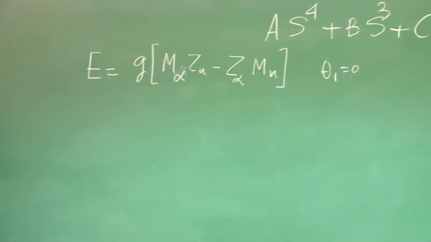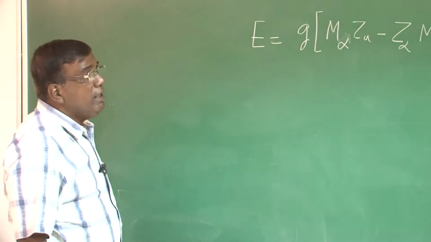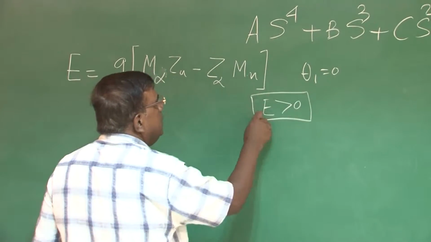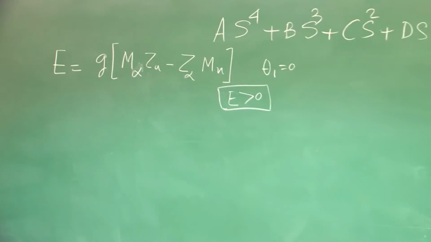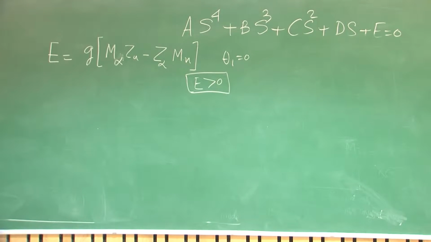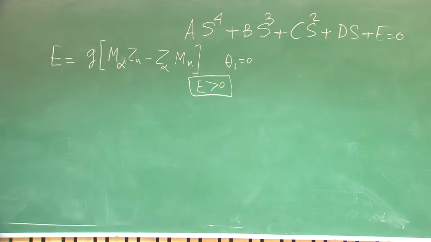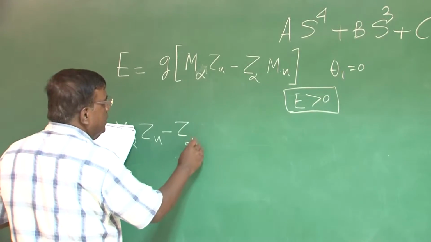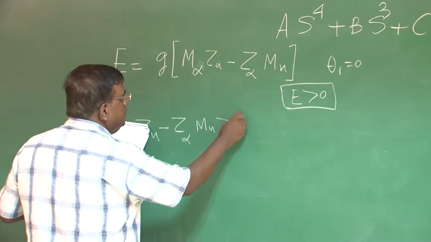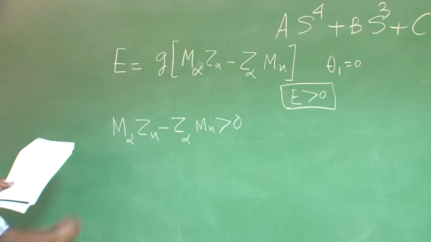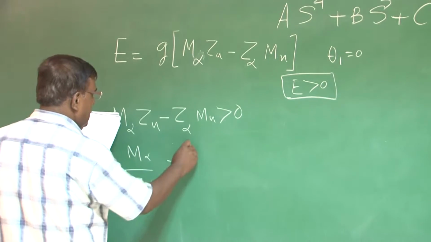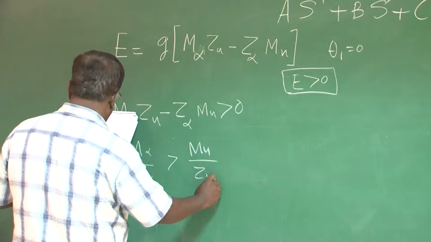Now, let us try to extract some more information out of this E. What is the condition for dynamic stability? That E should be greater than 0, right? That is, A, B, C, D, E should all be greater than 0, and we are only studying the case E greater than 0 to see whether we are getting some meaningful additional information or not. That means m alpha Zu minus Z alpha mu greater than 0, E greater than 0. That means m alpha by Z alpha greater than mu by Zu,